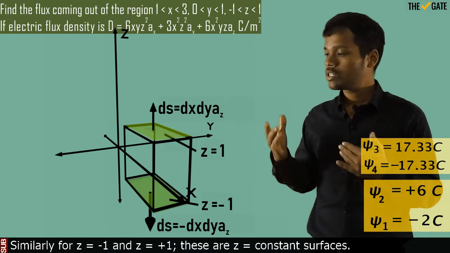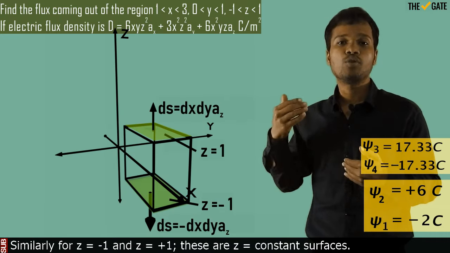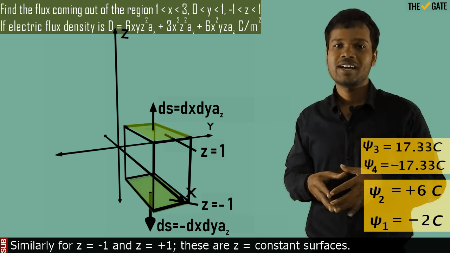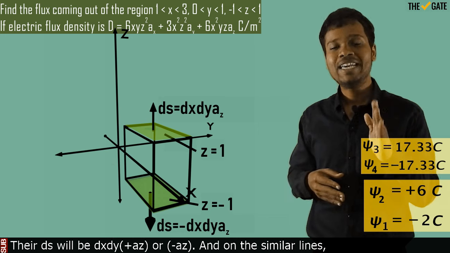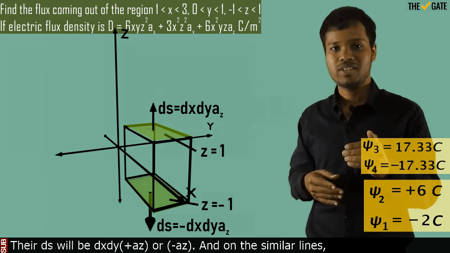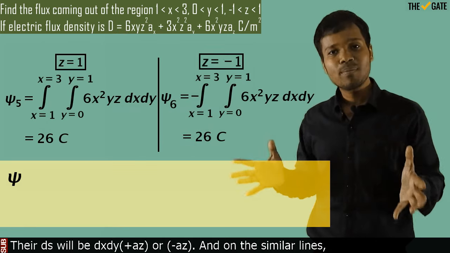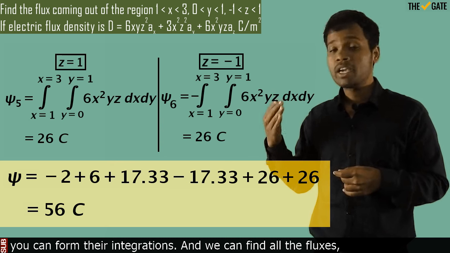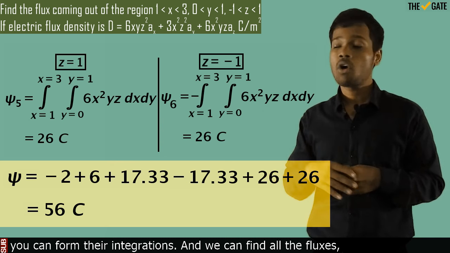Similarly, for z equal to -1 and z equal to +1, these are z equal to constant surfaces. Their ds will be dx dy plus az or minus az. And on similar lines, you can form their integrations,